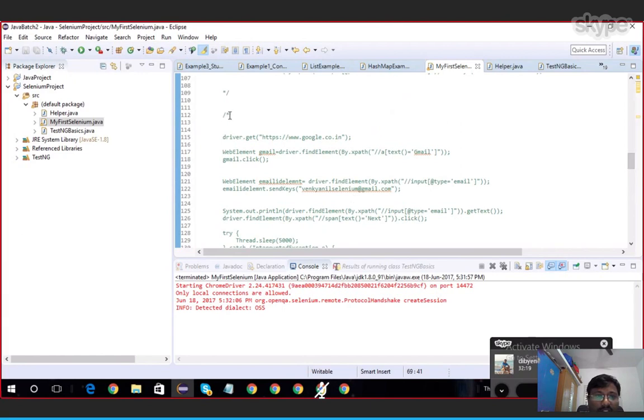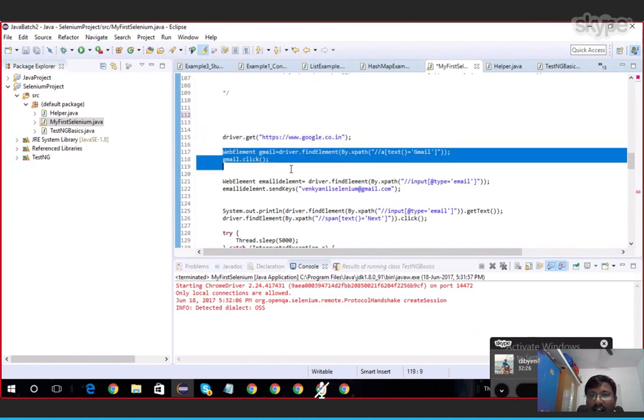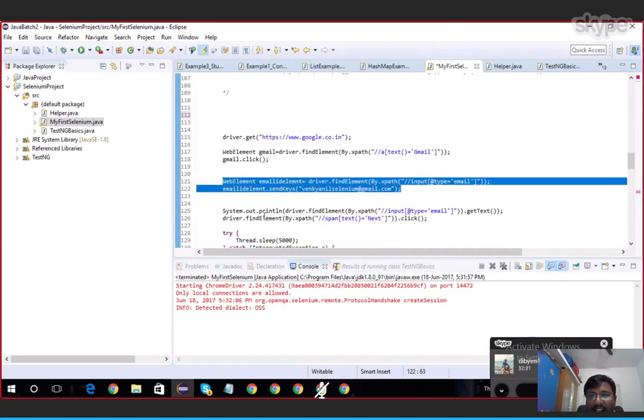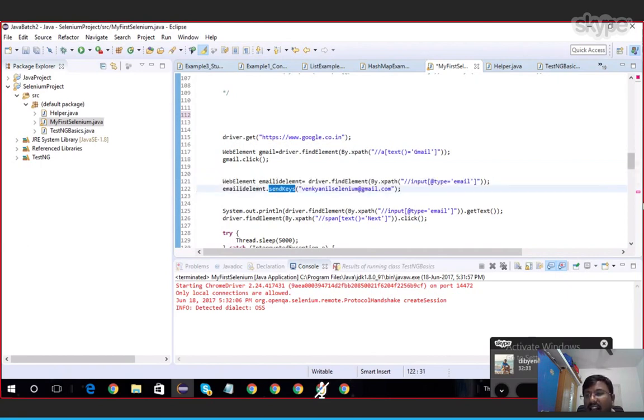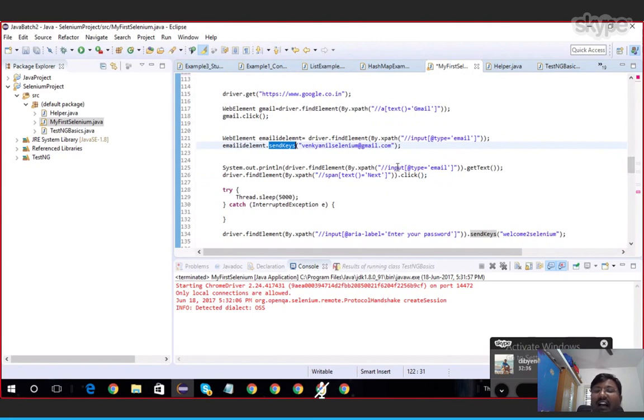See, what I am doing is just launching the Google page and then clicking on Gmail, and then entering the mail ID. These are input fields and don't have any start tag and end tag, so we cannot read data from them. If it is a text area, we can read it, a text field, we can read it. After that I'm clicking on next. See, for next we use a text. That means start tag and end tag are there.